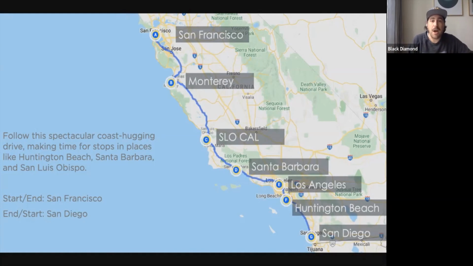As we head south, you're going to head down towards Monterey. I always say Monterey Bay. You've got Santa Cruz up on the north side of the bay, Monterey sitting down on the south side, and just south of Monterey, you've got Carmel. And they're what I would class as the gateway.